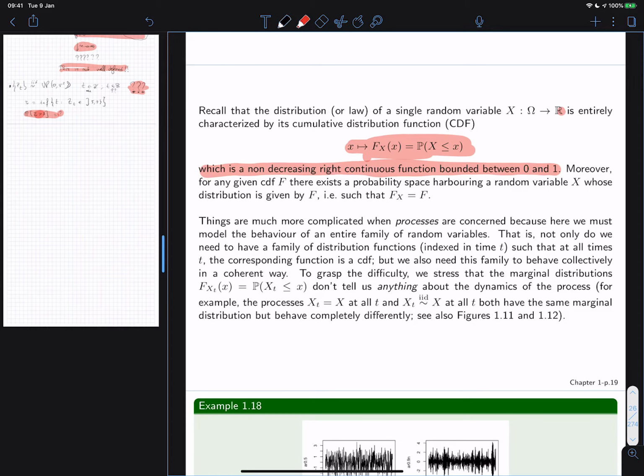And another very fundamental result, which you could call the Skorokhod existence theorem. It says that if I give you any CDF F, so any right continuous function bounded between 0 and 1, there exists a random variable X whose distribution is given by F. So this tells you what? It tells you that